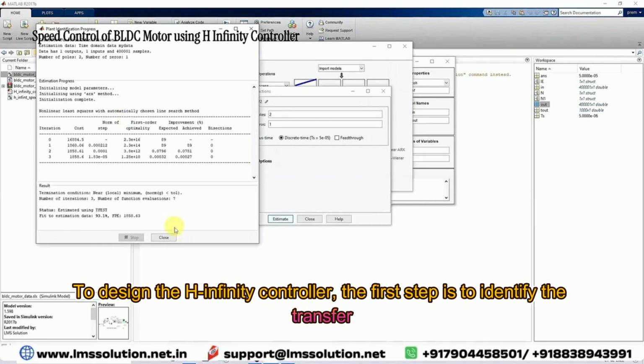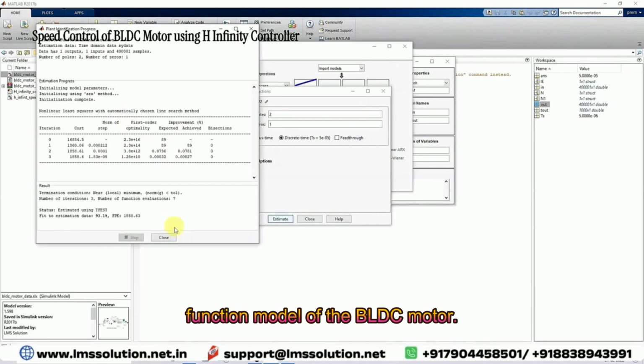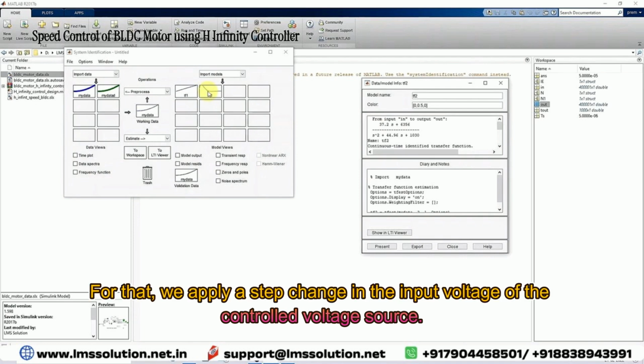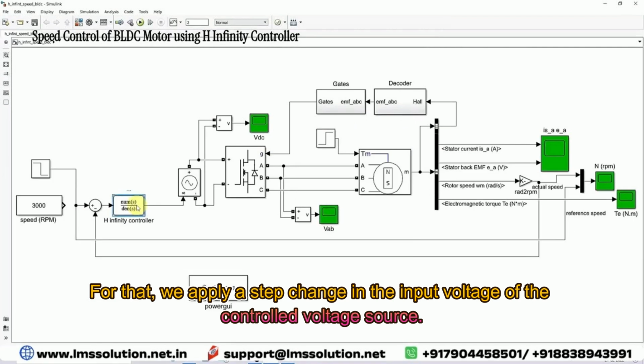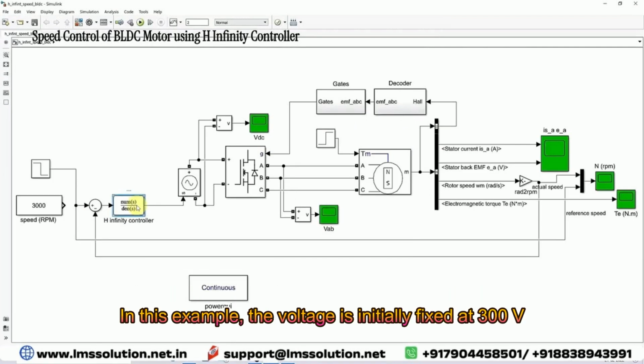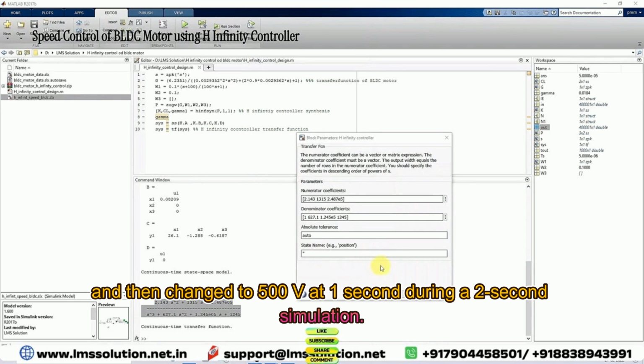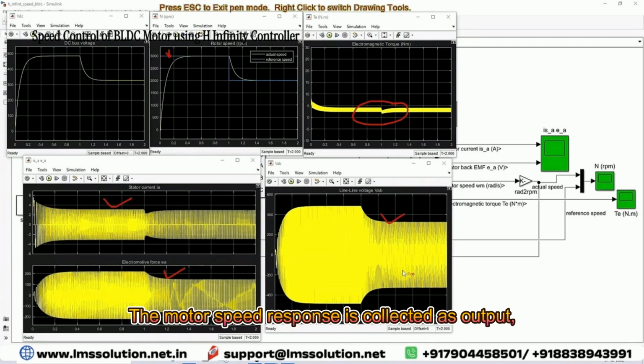To design the H-infinity controller, the first step is to identify the transfer function model of the BLDC motor. For that, we apply a step change in the input voltage of the controlled voltage source. In this example, the voltage is initially fixed at 300 V and then changed to 500 V at 1 second during a 2-second simulation. The motor speed response is collected as output and both input-output data are saved in the